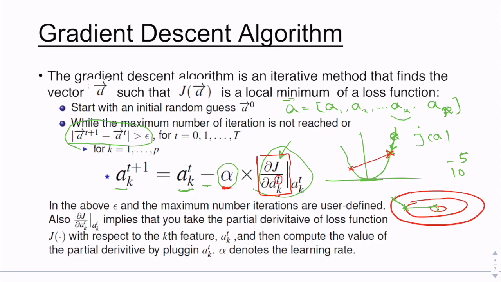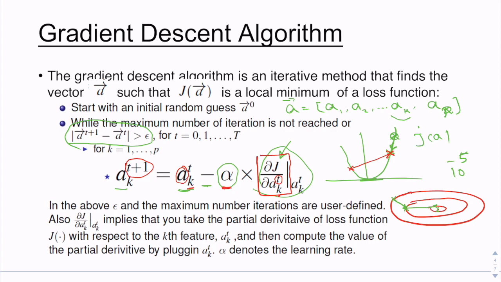So the update at time t plus 1 is the previous estimate for the parameter k, minus, because we want to move toward the negative direction of the slope, and then